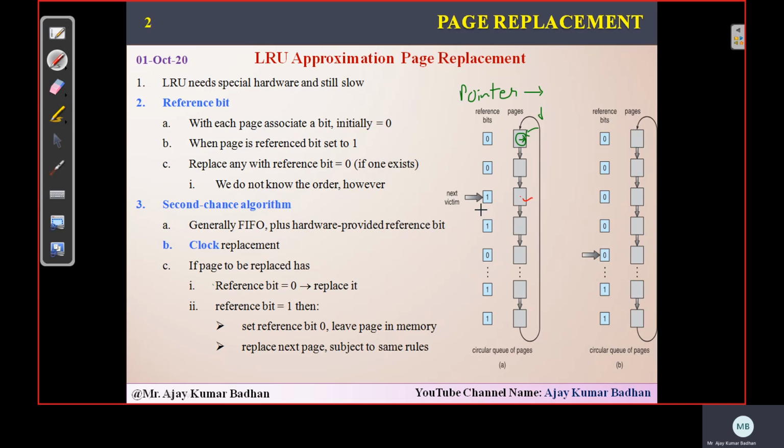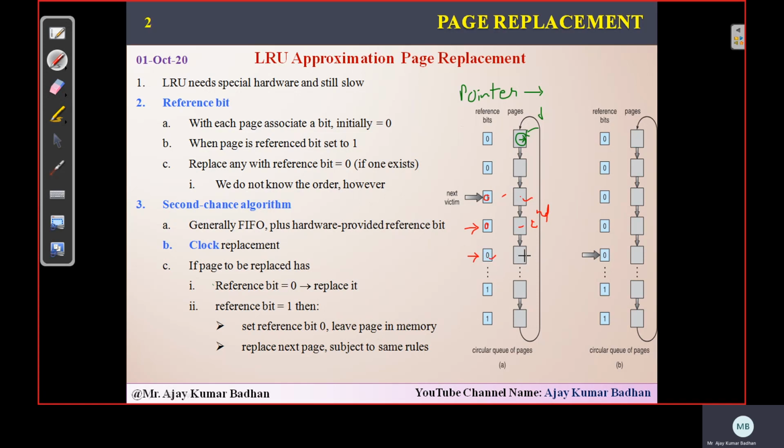It will go to the next one. But before going to the next frame, it will make the reference bit 0, means next time whenever it comes after this entire cycle, it can remove this page. But the first time it visits, the value is 1, so this page will not be removed and is given a second chance: you keep on executing. But this reference bit will be set to 0. Then it comes to the next page. The next page also has 1, so it is also given a second chance. You keep on doing the work. Now its bit is set to 0. Then the pointer will go to the next page, that is 0, the reference bit is set to 0.